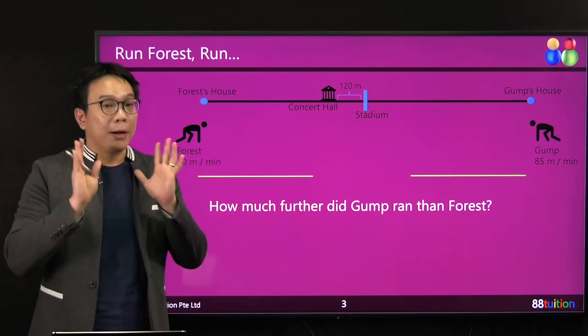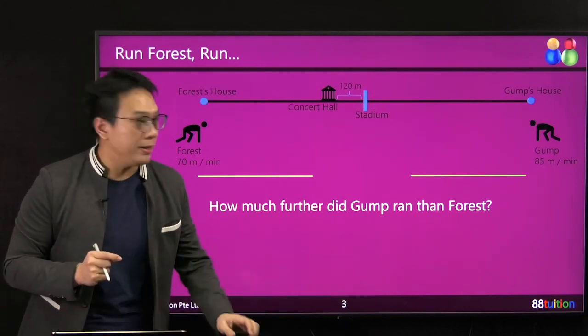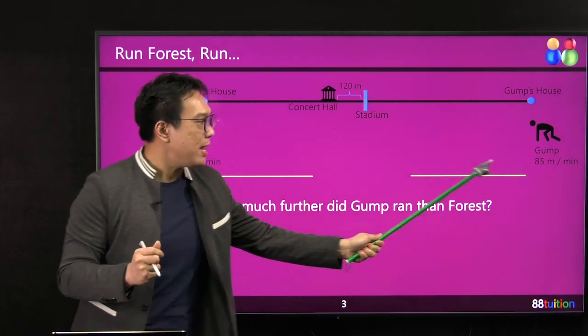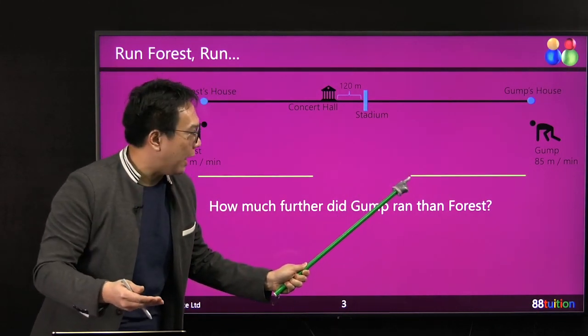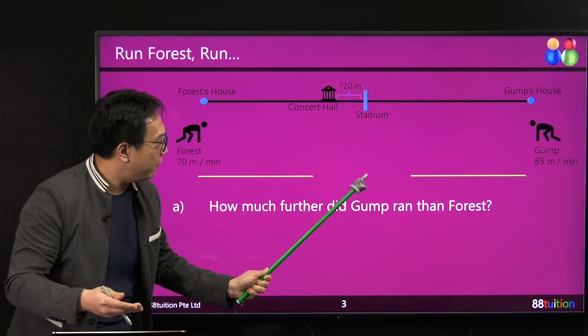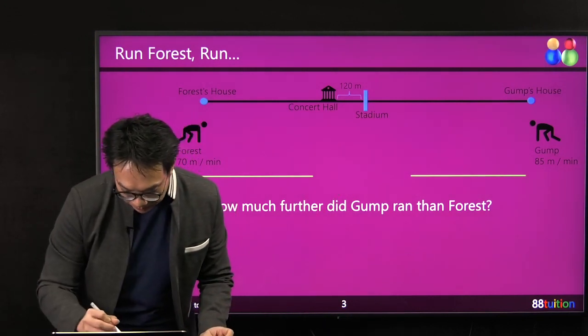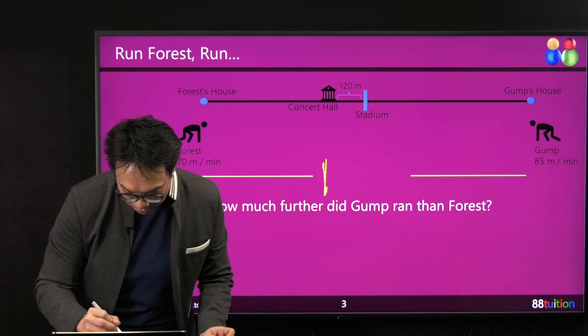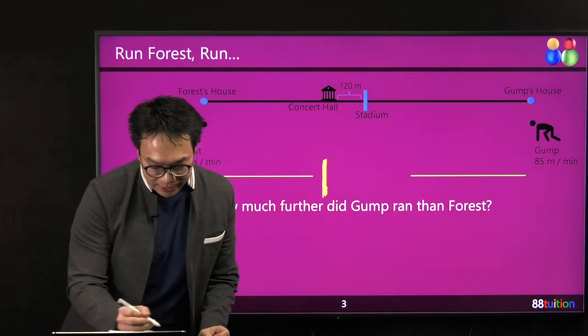The question did say that they met at the concert hall. So what is actually happening is our dear Gump ran not only 70 meters per minute, he ran faster and managed to cover here and here in order to meet at the concert hall. Can you see that? So what is happening here is that